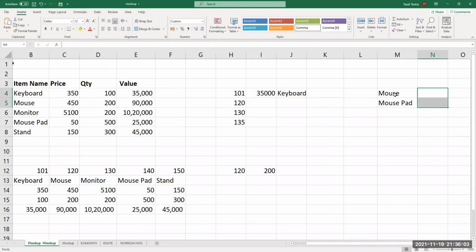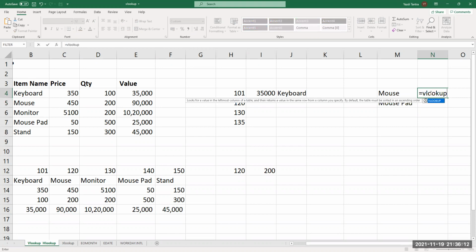So I have got the name here and I've got the name here. So what will I say? Equal to VLOOKUP, open bracket, this, comma, where do I have to look up? Now I want to look up from the name. See the difference here? I am looking up from here.